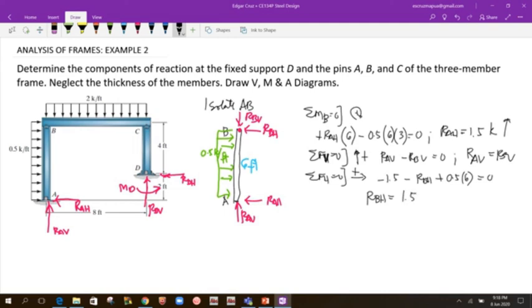Okay, so this is 1.5 kips. The direction of RAH should be the same with the unknown, which is to the left, and the reaction of RBH would also be to the left. Okay, so from this segment AB, we cannot solve for the reaction A vertical as well as RB vertical. Okay, so next we're going to isolate